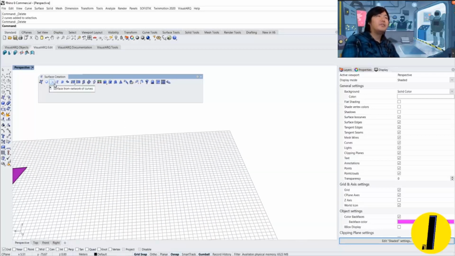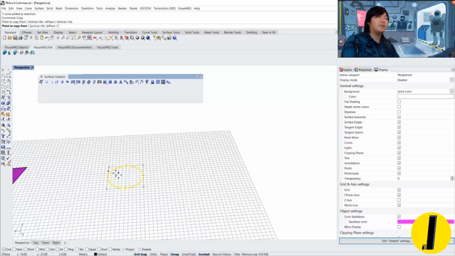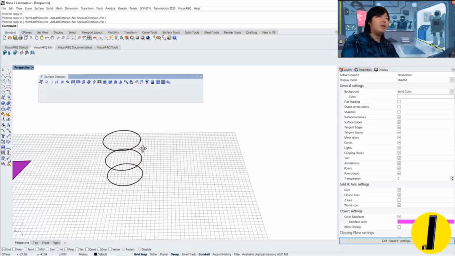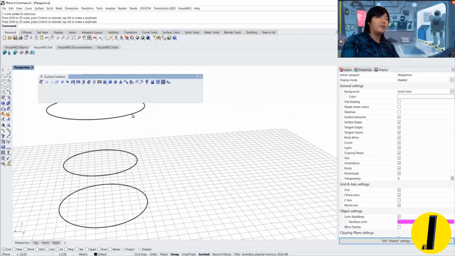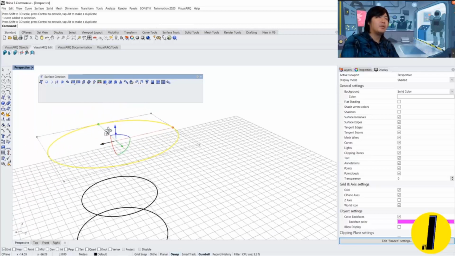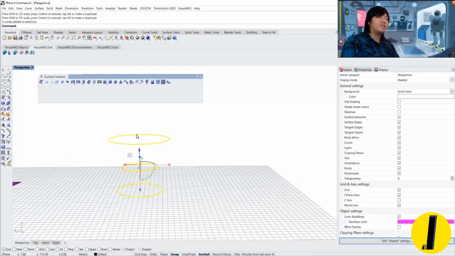And another surface tool, in most cases what we use is loft. So let's say we have one circle and all the other commands are the same. You can just copy and I can enable vertical. And let's imagine we scale a bit. You can turn on this gumball and you can manipulate geometry by dragging and dropping the scale gumball of the axis. And if you want to loft this surface,